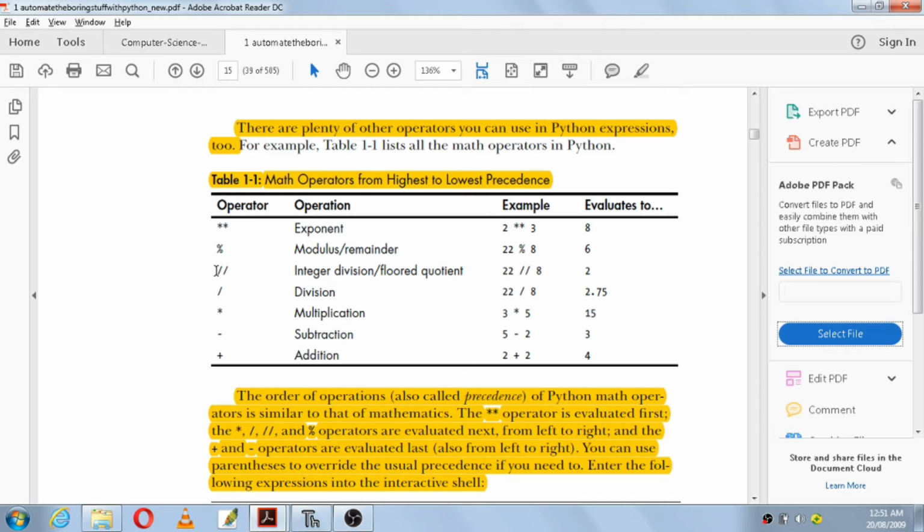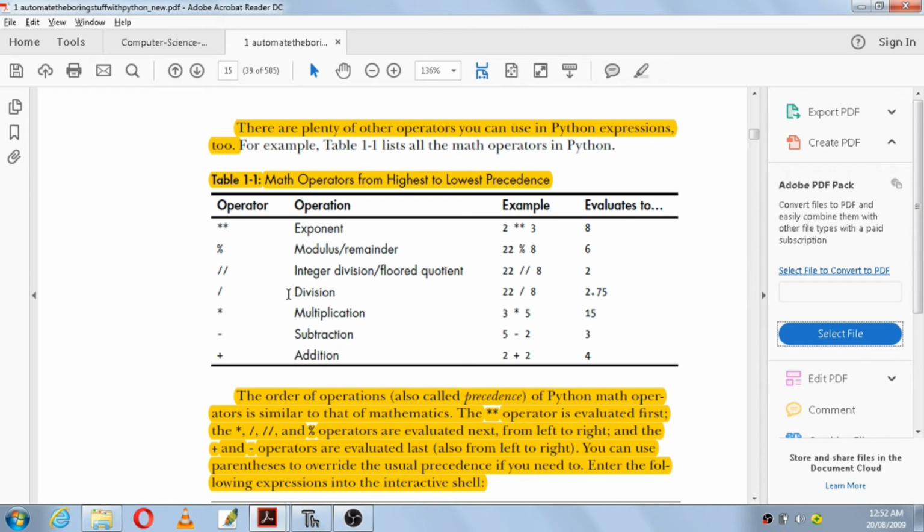The double slash which is there is used for integer division. That means if you divide a number by another number, it will not give the answer in float value. Only the whole part will be considered. The decimal part will not be considered. Only the integer value will be considered. It will not give any floating value. Whatever value is after the point will be cut off. So double slash is used for integer division.